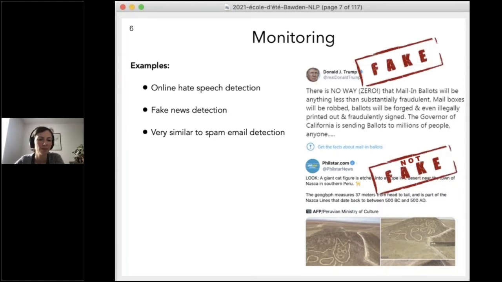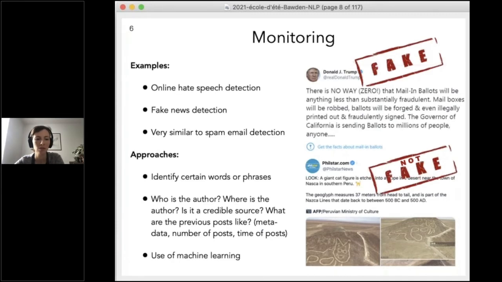And the way we can approach this problem, I mean, there are many different approaches that we could use. Some of the very simple ones can be reasonably effective, such as just identifying certain words or phrases that could indicate that the text you're dealing with contains hate speech or fake news, or is most likely to be a spam. So actually, you can get a reasonably long way with just a list of these terms and some rules. But there is other information that can be very useful, such as who is the author, for example, of